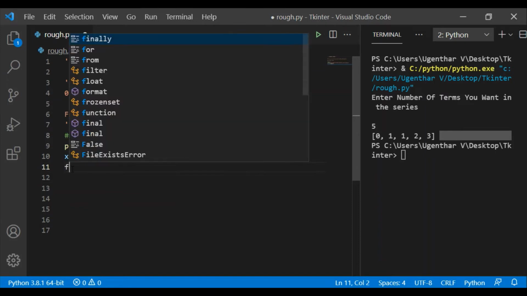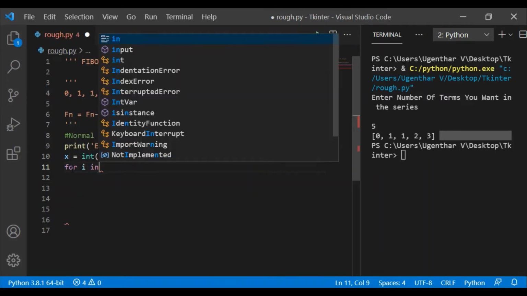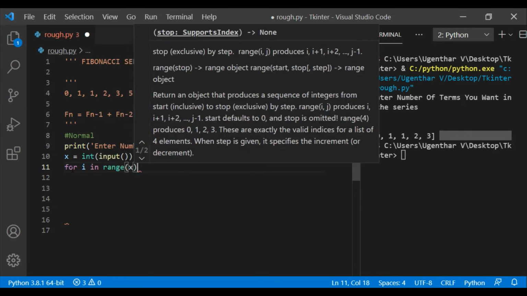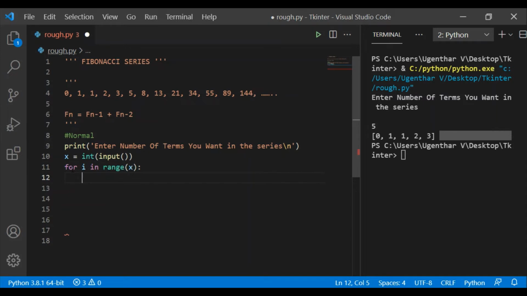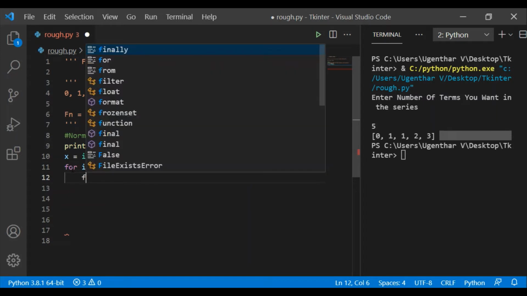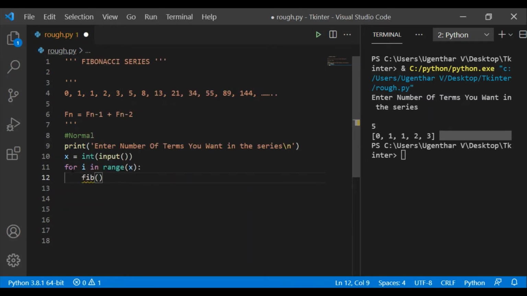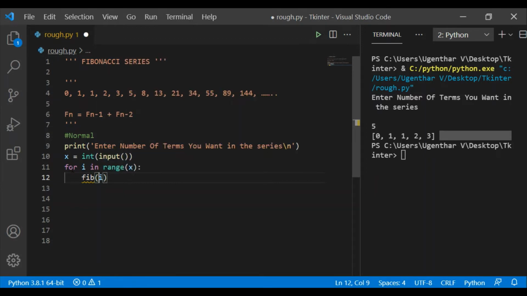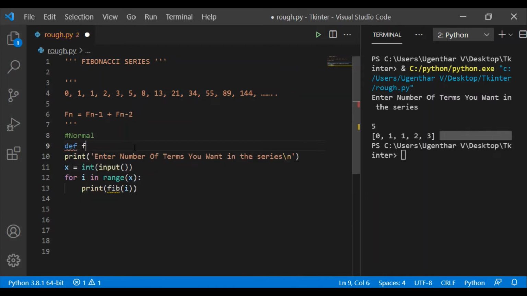First, let me make a for I in range of the input x. After that, I'm using a function, fib of I, and I'm just printing it each and every time. Now I am creating a function here, fib of a.